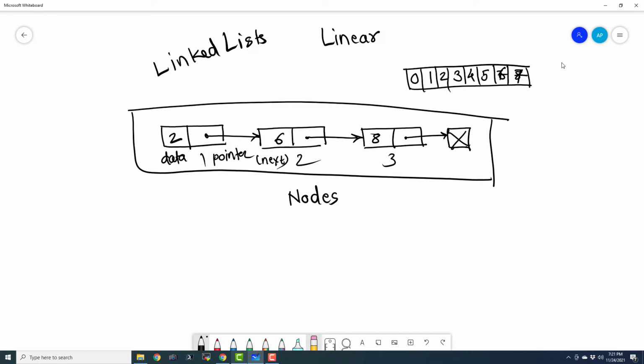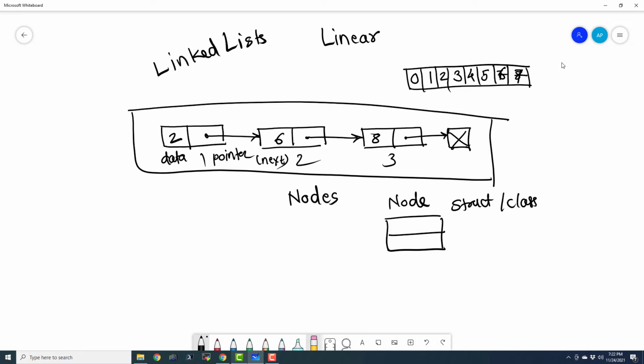Whenever you are going to declare a linked list, first of all, you have to define a node, and that node is going to have two fields. So this is how you can write a struct or a class in object-oriented programming languages corresponding to a node. You can define it as a structure in C or as a class in C++, Java and Python.